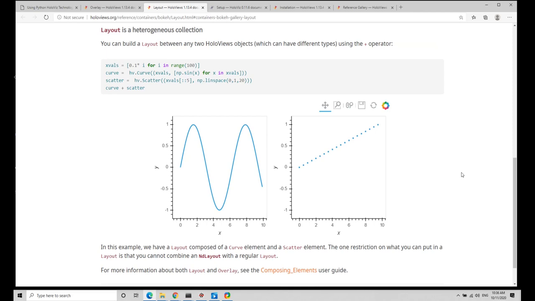Just before we overlay them, now we add them. Curve plus scatter will make this pure plot that is adjustable. It will adjust such that the axes will be compatible to each other. You can